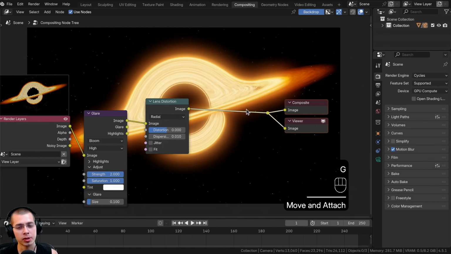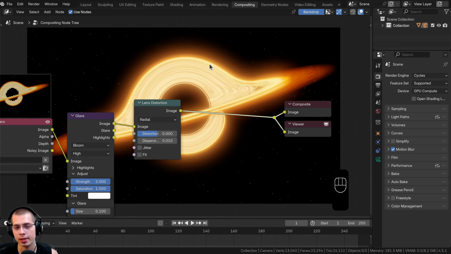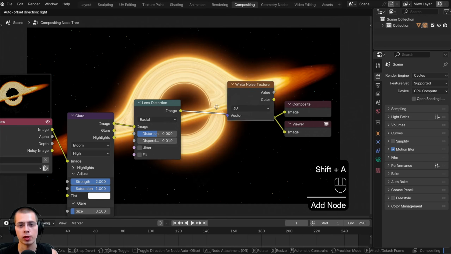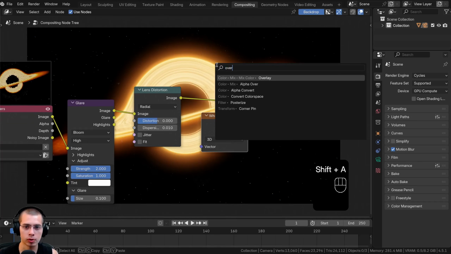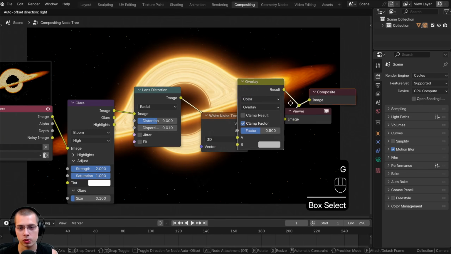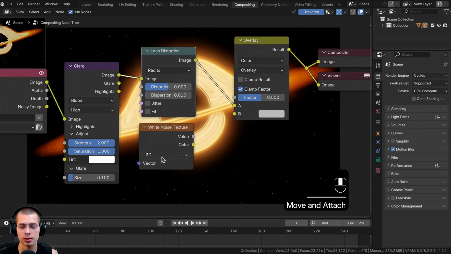Now the last thing that I want to do, which I thought gives a really cool effect, is to add a bit of like static or noise to the image. So to do this, I'm going to search for the white noise texture, and then what I'm going to do is search for overlay, and we want to add the mix color overlay and drop it right here and just drag it over here. So let's put the white noise texture right down here underneath the lens distortion, and